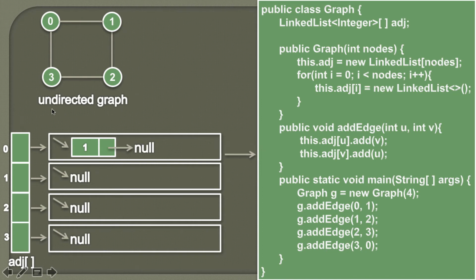And similarly, as this is an undirected graph, from vertex 1 there is an edge to vertex 0. Therefore to the linked list at vertex 1 we will add the value 0. So it would look something like this. Here it represents that from 0 there is an edge to 1. So the linked list at the 0th index has an edge to 1, and similarly from vertex 1 there is an edge to vertex 0. It is represented by the linked list at index 1 having the value 0, which signifies that there is an edge from 1 to 0. Moving ahead.